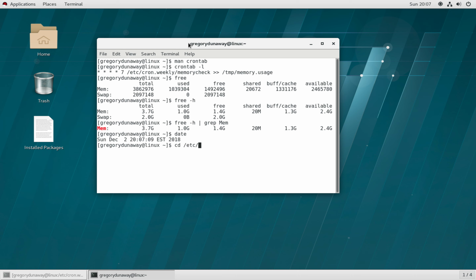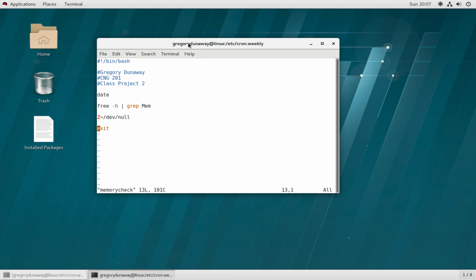I'm going to move to that cron.weekly directory, which I believe was here. Let me see. Yep. Cool. And there's my script that I wrote, just called memory check. So if we vim that, here's the script I wrote. I included some information here, and normally I'd include what each of these different commands does, but it's kind of unnecessary. So here you can see I ran that date command, outputs the date, and then the second command here will output just that memory,